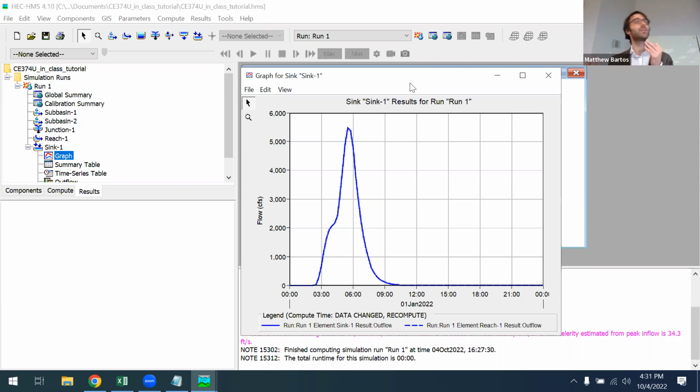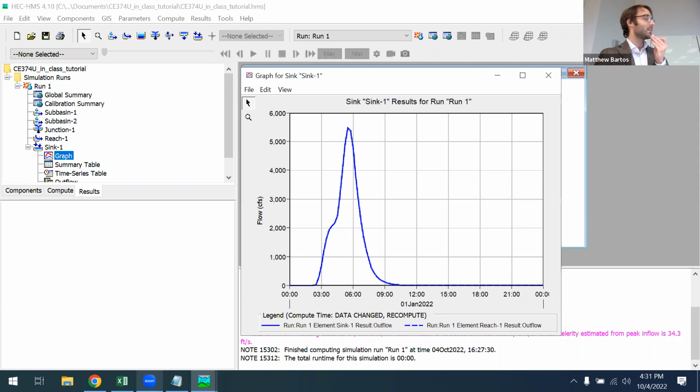Specifically, in your groups, you are going to change the parameters of your subbasin model corresponding to your project group number. And you're going to simulate the model again. I want you to record the peak flow produced by your model, as well as the time to peak in minutes. And I'm going to have you come up here, and for your group number, write down the peak flow from your model, as well as the time to peak.